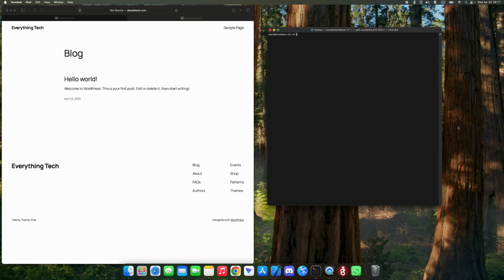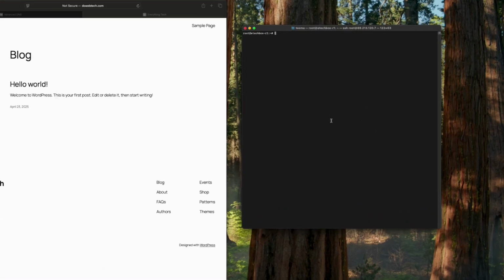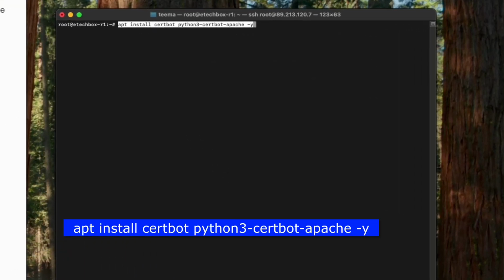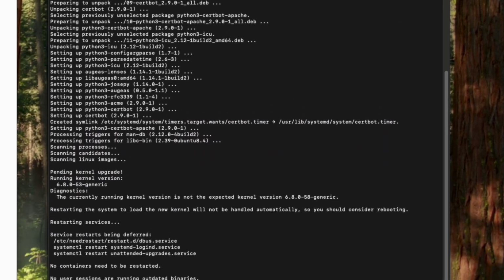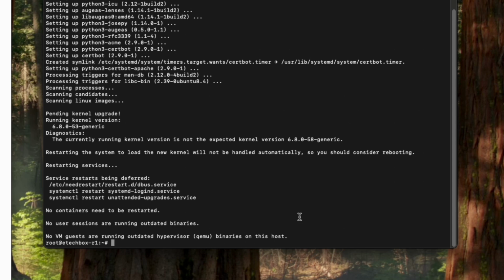Now we're going to install SSL, and we're going to use Let's Encrypt, which is totally free. Paste in this command to the SSH, and it should install Let's Encrypt. Next, we have to register Let's Encrypt with our domain. So we're going to run certbot --apache, and then our domain, which is